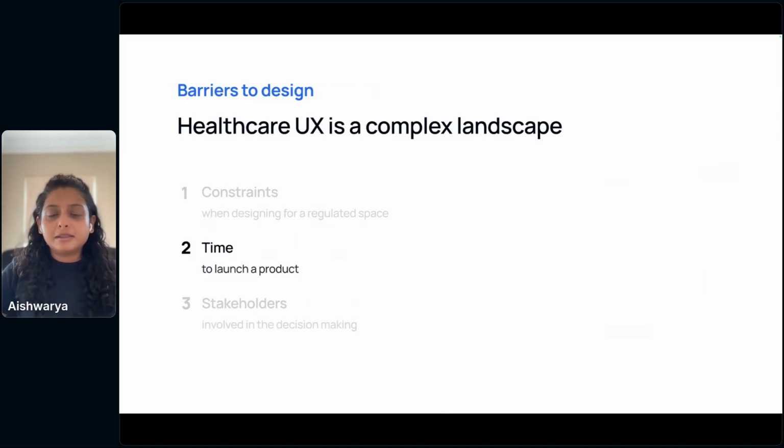The next one, the length of time that it takes to actually launch a product is really high. So my examples have just been over the course of years. The current products that I'm working on too, although they've been announced to the public, it's still a few. I totally don't know the entire timeline, because there's also a phase where these regulatory bodies, they just go dark